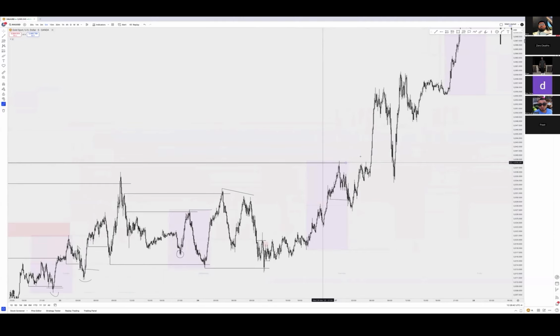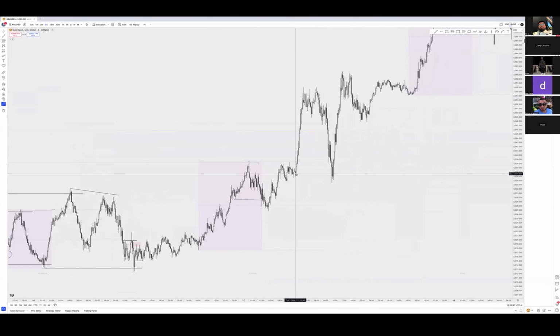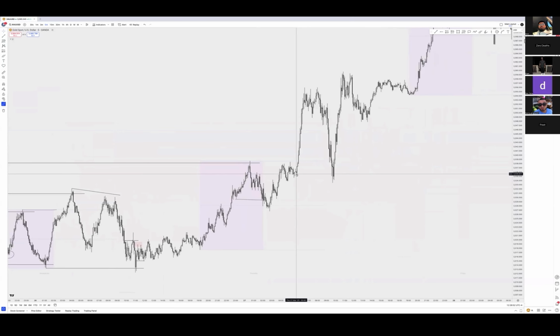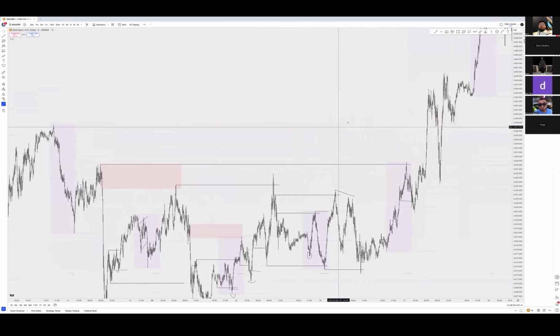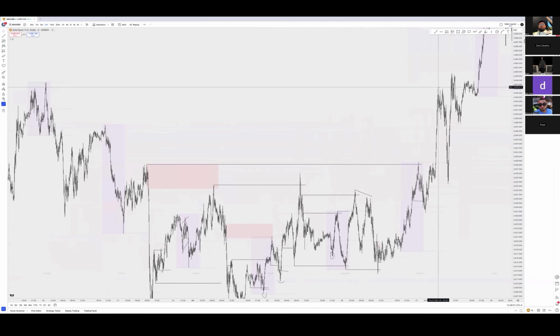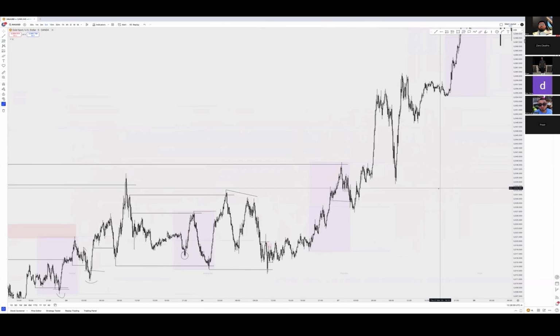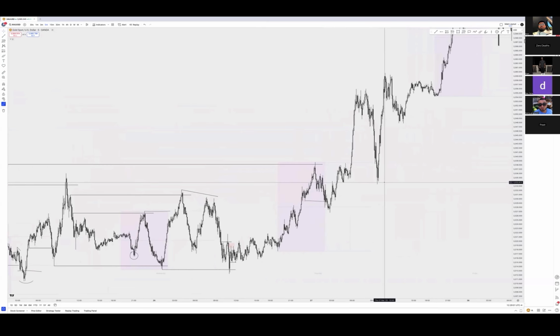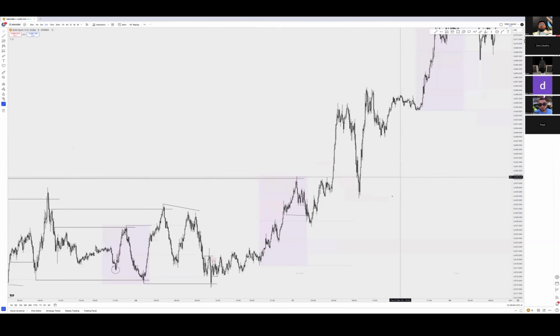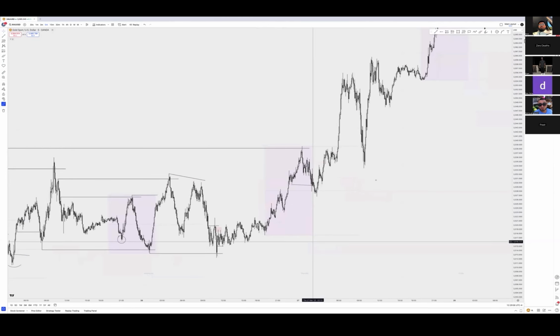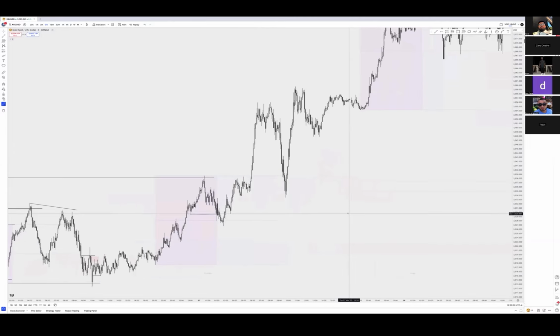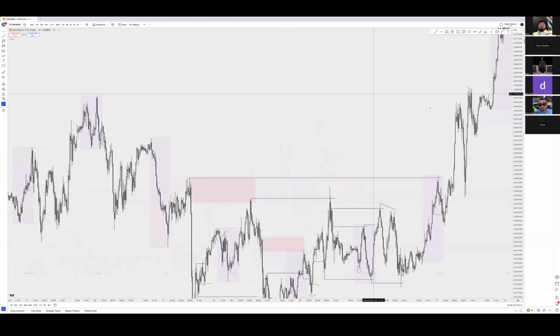And then you can see over here, when was this? This was Thursday, 5 a.m. Still London. Moves to the upside, takes out all these highs, comes lower, takes out the low, and then starts moving to the upside again. But we got all this liquidity to the downside, so I would not be looking for anything at all. It just doesn't look nice. There's liquidity still below. I don't really like it.